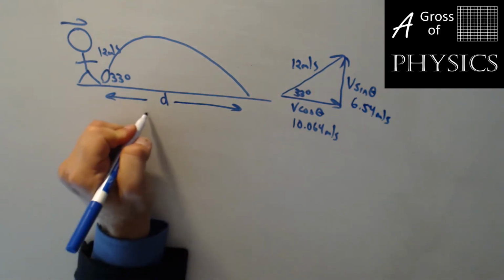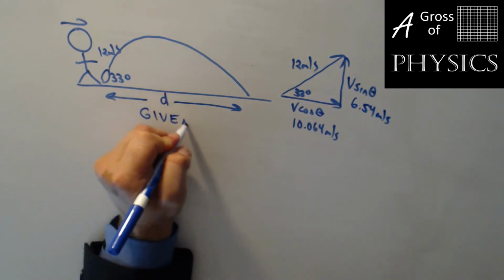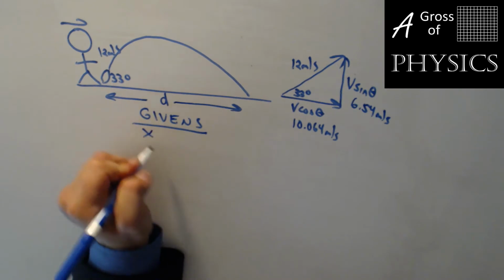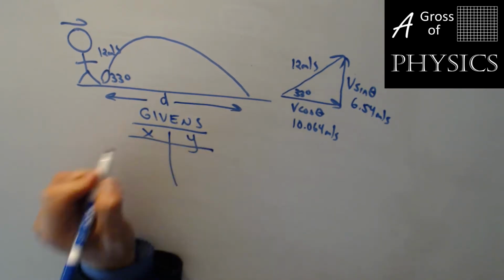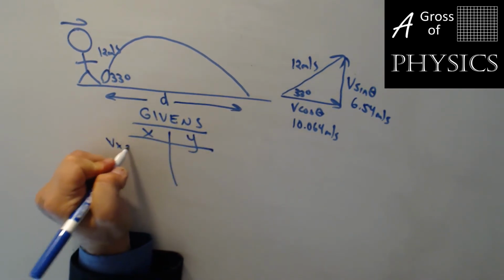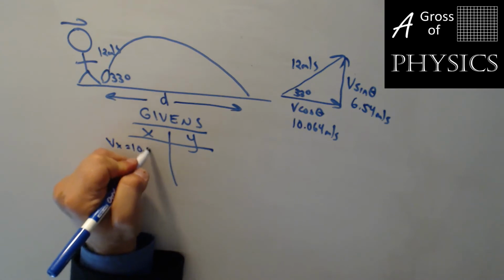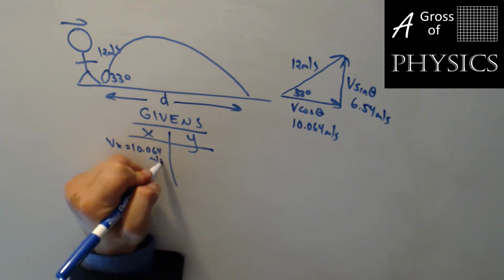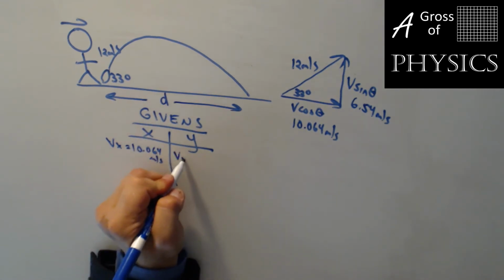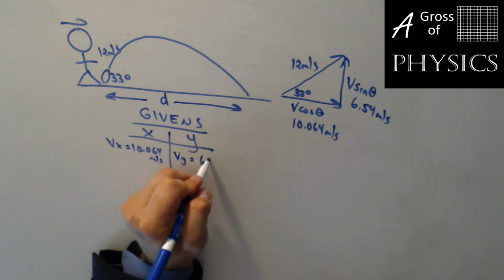All right, those become our x and y givens for the velocity. Vx is 10.064, Vy is 6.54,